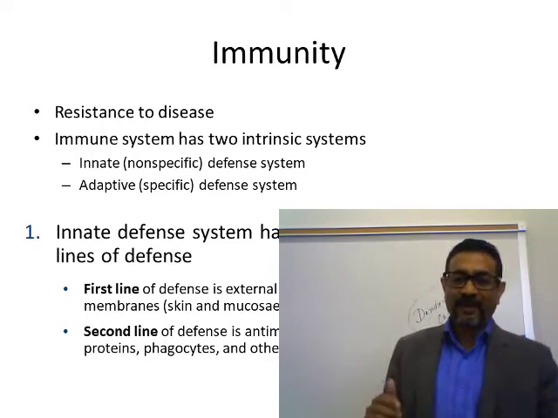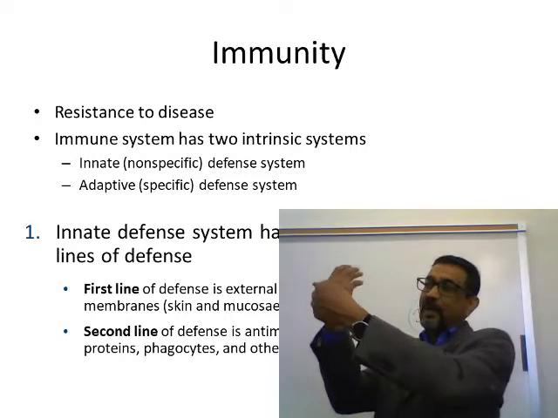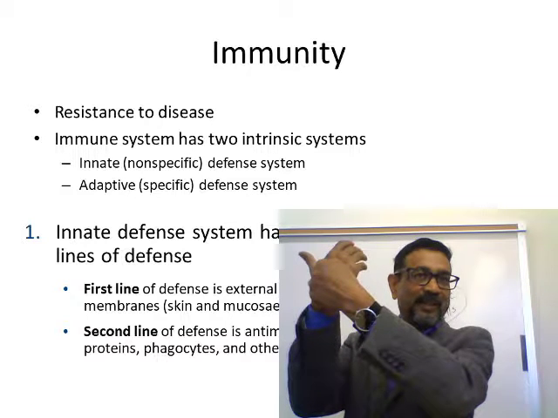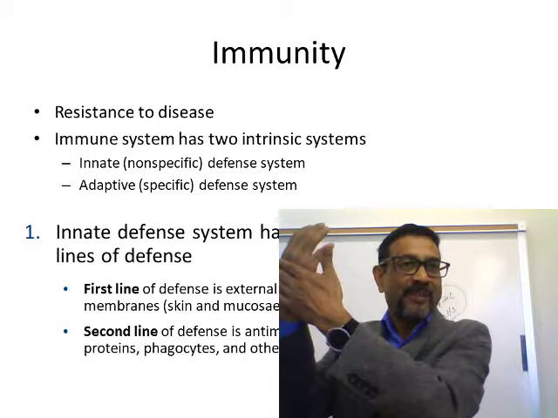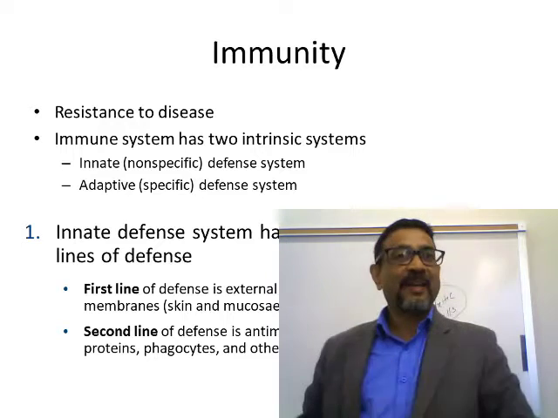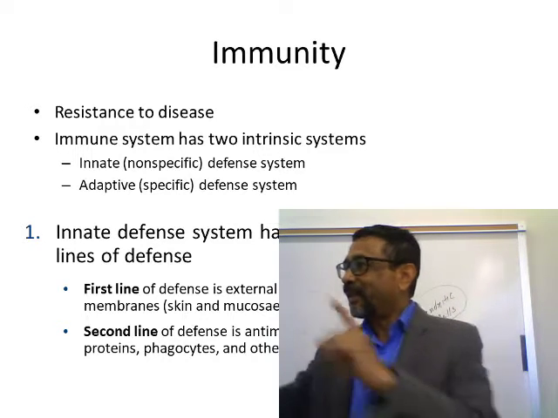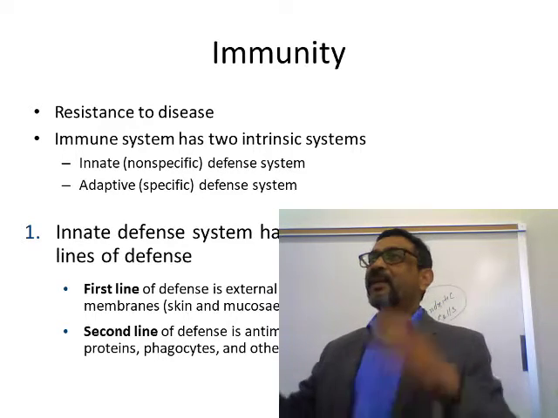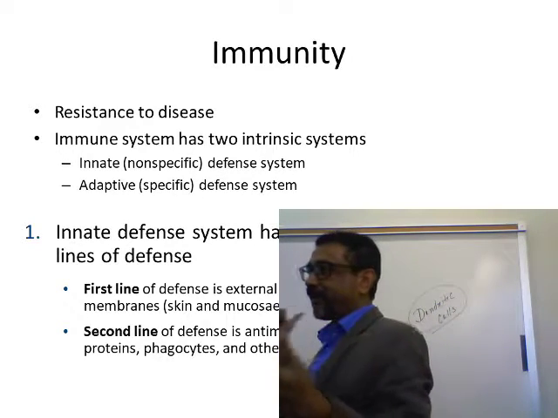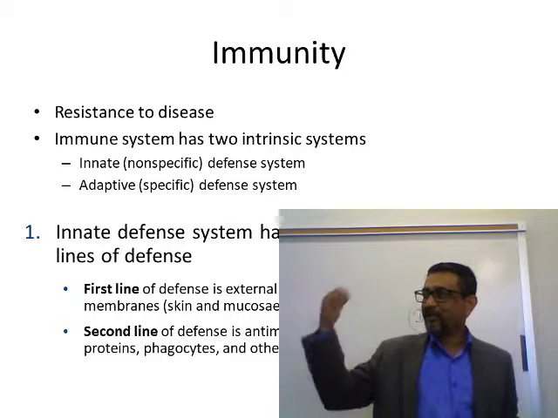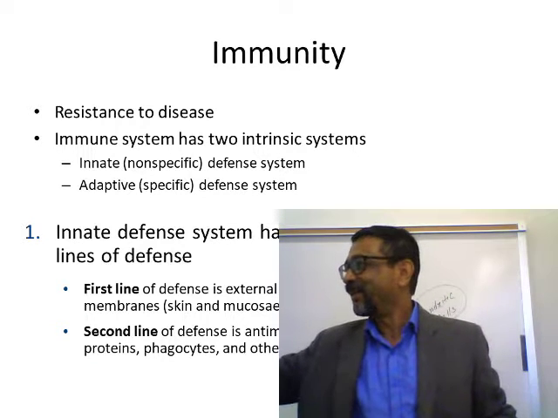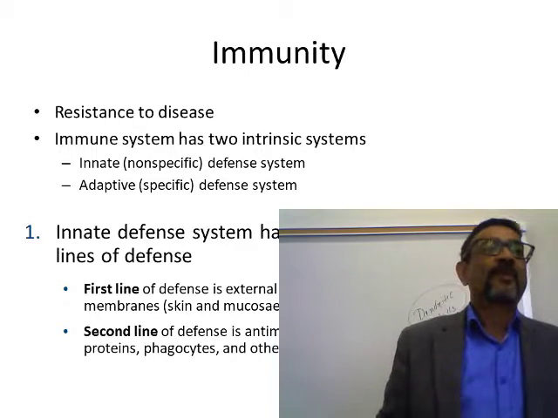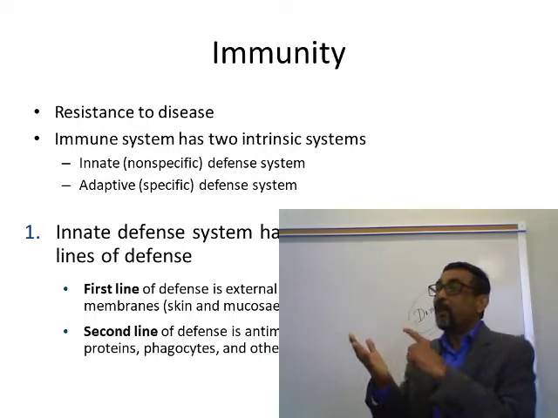So now you see here, look at me. If somehow that antigen can cross the skin, pass through the skin, will enter where? Into the tissue under the skin, right? So the second line of defense will then try to kill that. Tissue enzymes or proteins, phagocytic cells, macrophages or dendritic cells. Make sense? So if first fails, then second line of defense will try to stop that or kill that. Is it clear? Then, so both are